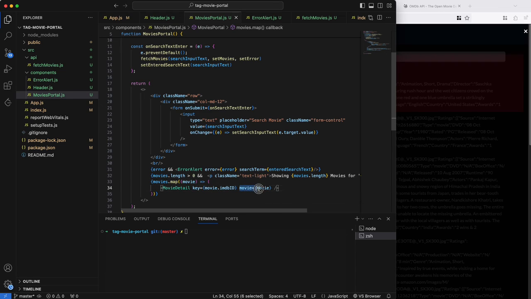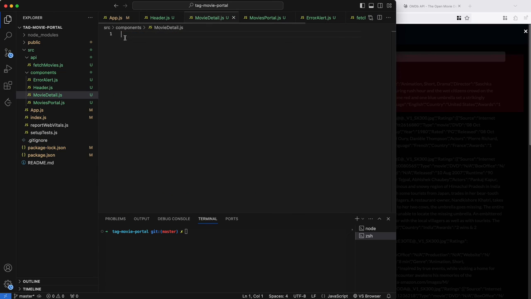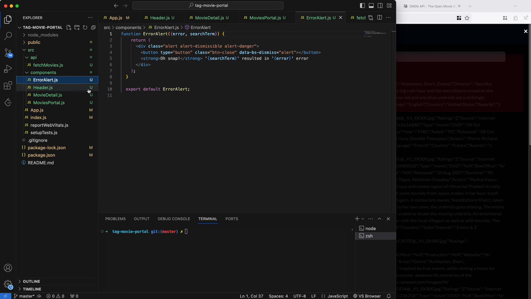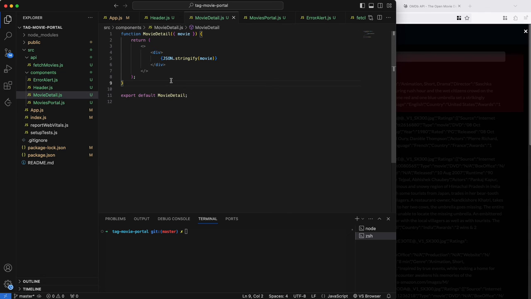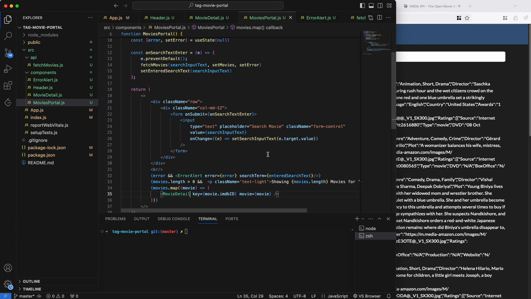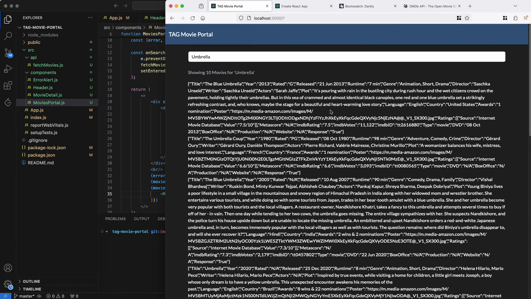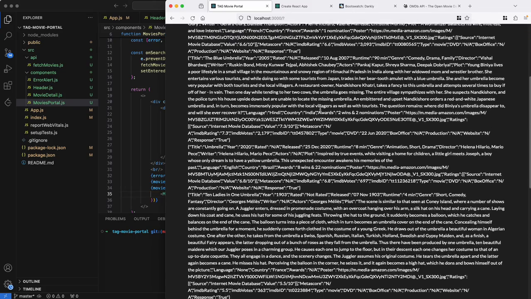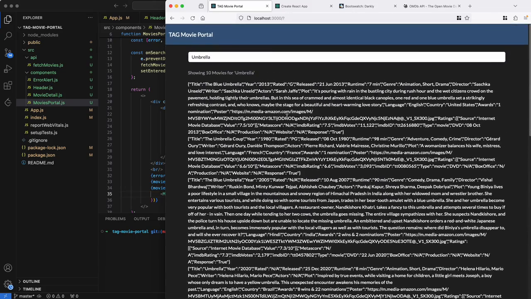And then we pass in the movie over here. So now we just need to create the movie detail component. I'll go ahead and create that here and then just start with a simple implementation. So this is just a simple implementation of MovieDetail where we just log the movie. Now coming back to our movies portal, we obviously need to make sure it's imported. So once it's imported, you can see that each of our movies now are logged over here separately from this